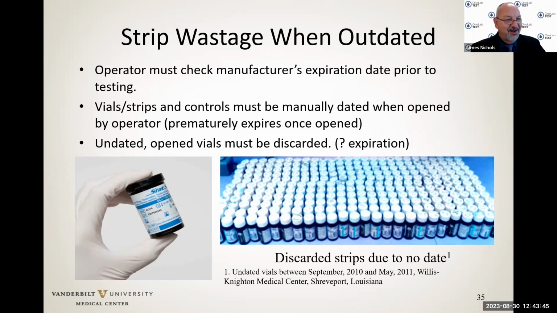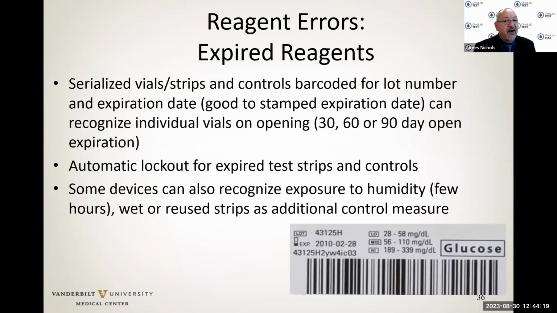This was a source of error, obviously, and it's a continued problem. I'm constantly talking to our manufacturers to prevent this type of problem. But when you go out onto the floors and you find undated test strip vials, what do you do with those? You can only throw them away because you don't have any idea when they were opened. This institution actually stored them up, took a picture of 6 months, and showed the staff exactly how much wastage they were causing because of premature expiration and not following through.